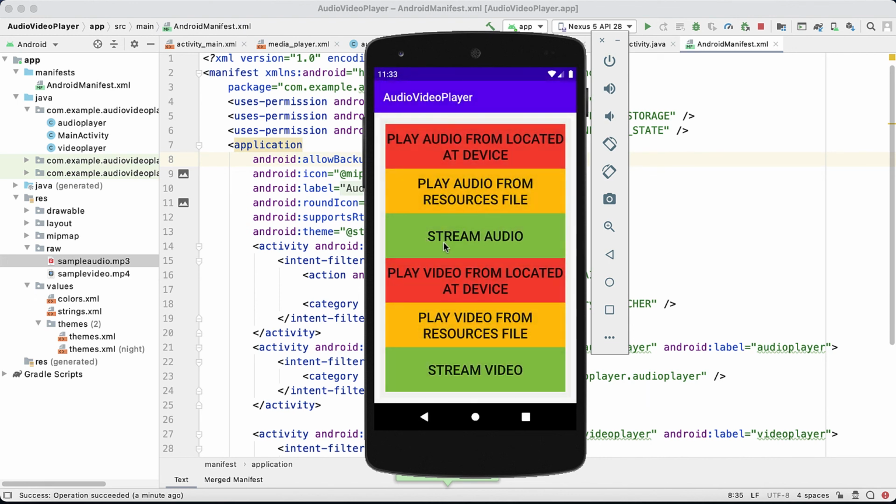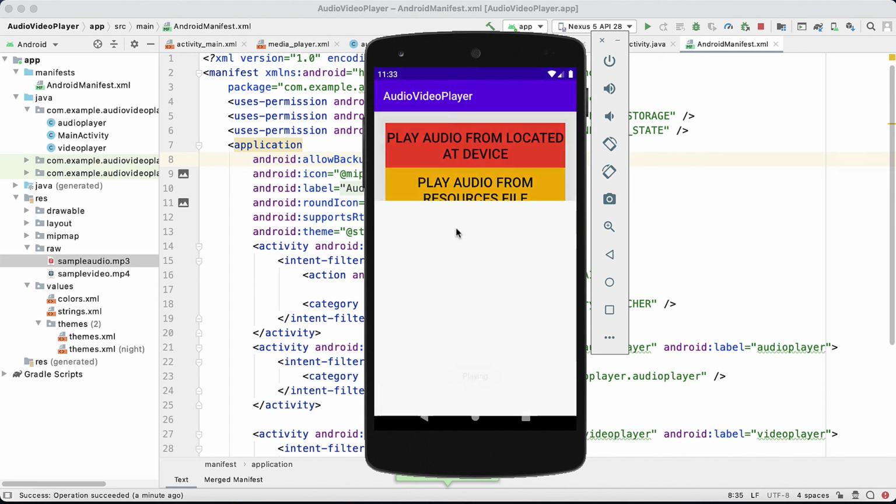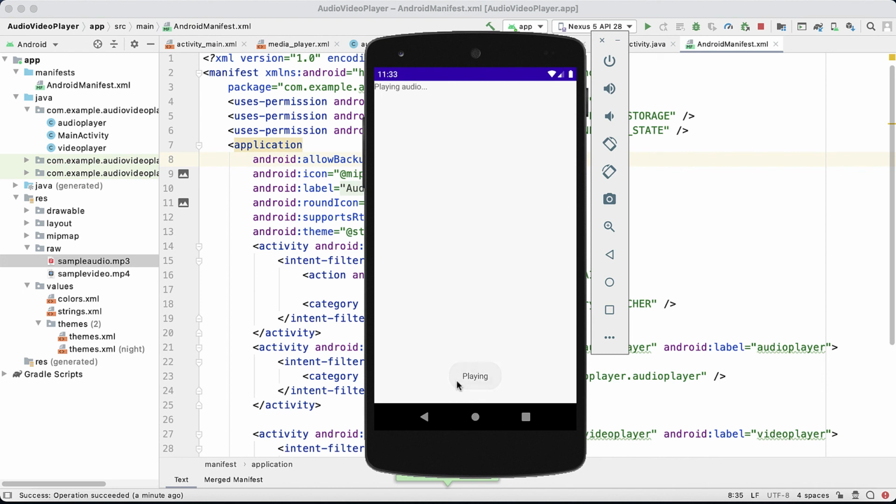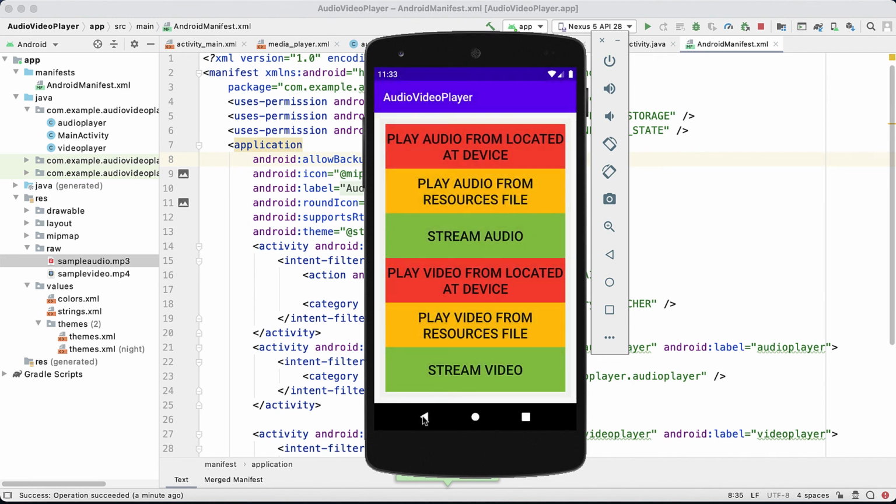Now the second thing is streaming from the internet. So if I click on this, you can see it is playing. Right?